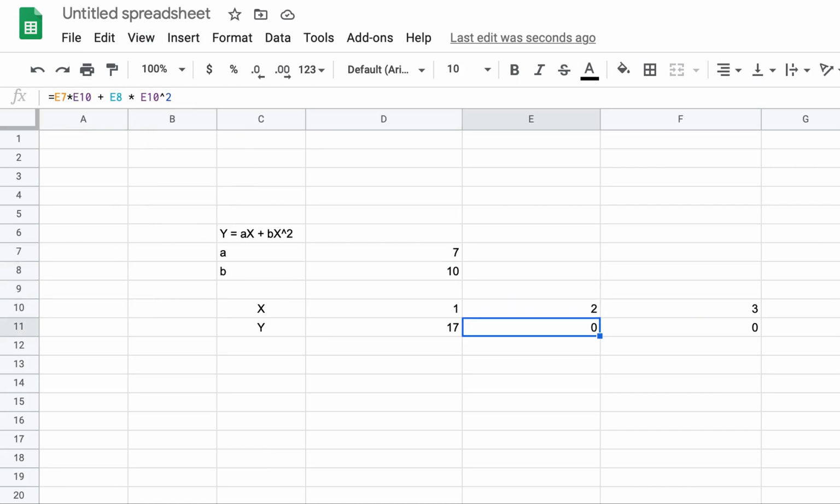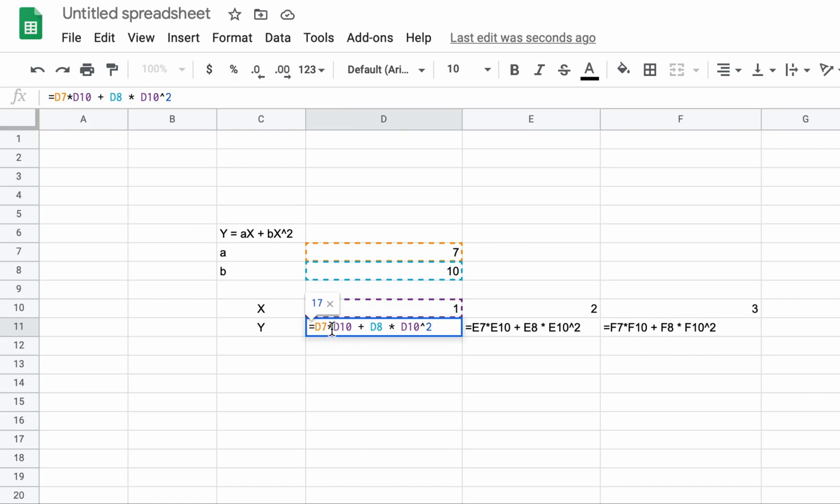What do you want to do? You guessed it right, you want to fix the values of the constants. Constant should not move, variable x can move, right? So let's look at the original formula once again, right? In the original formula, D7 was a constant, right? So we can say fix D also and fix 7 also. Don't move anything, right? I'll tell you the difference later on.